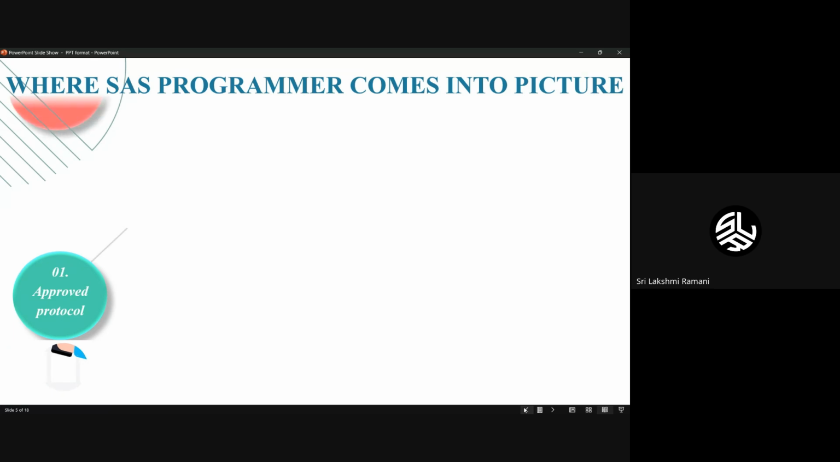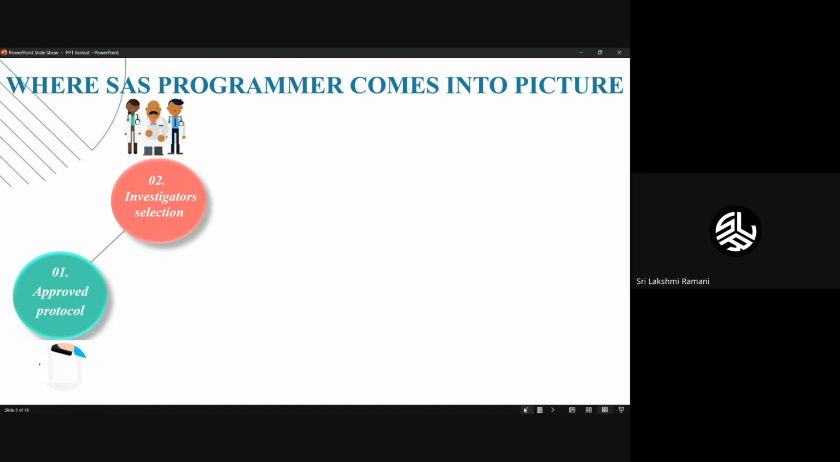Then the next step: our protocol is approved, so we can start our clinical trials. For the clinical trials, what do we need? We need doctors, right? Without doctors, how can we do the clinical trials? So first we have to select and recruit a few doctors. After recruiting the doctors, the next step is